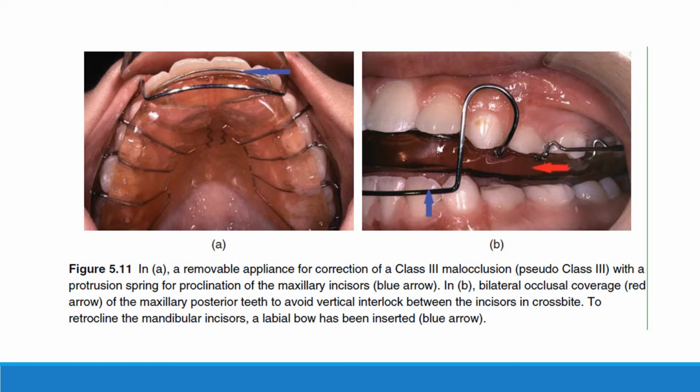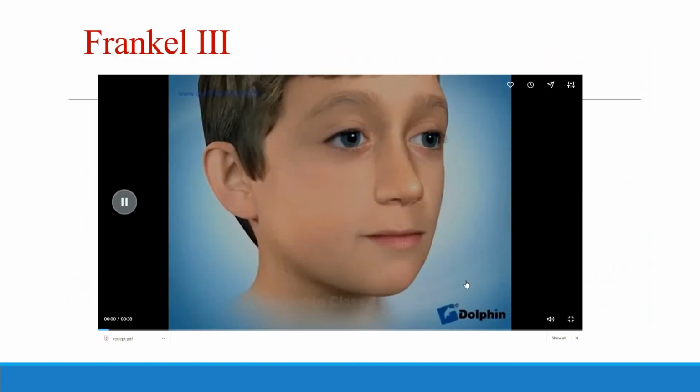This appliance consists of an acrylic plate with protruding springs or protruding screws for the maxillary incisor, with or without bilateral occlusal coverage of the posterior teeth. An additional labial bow for the mandibular incisors